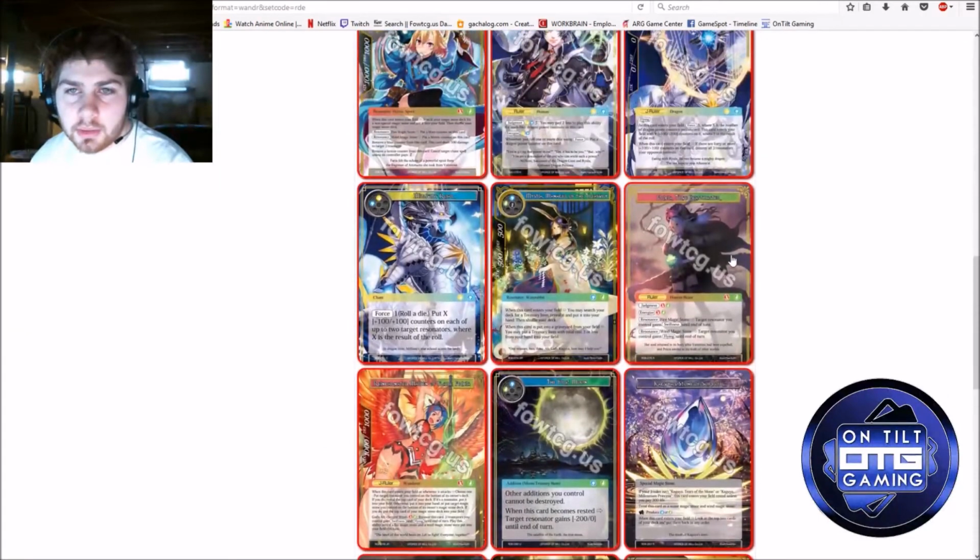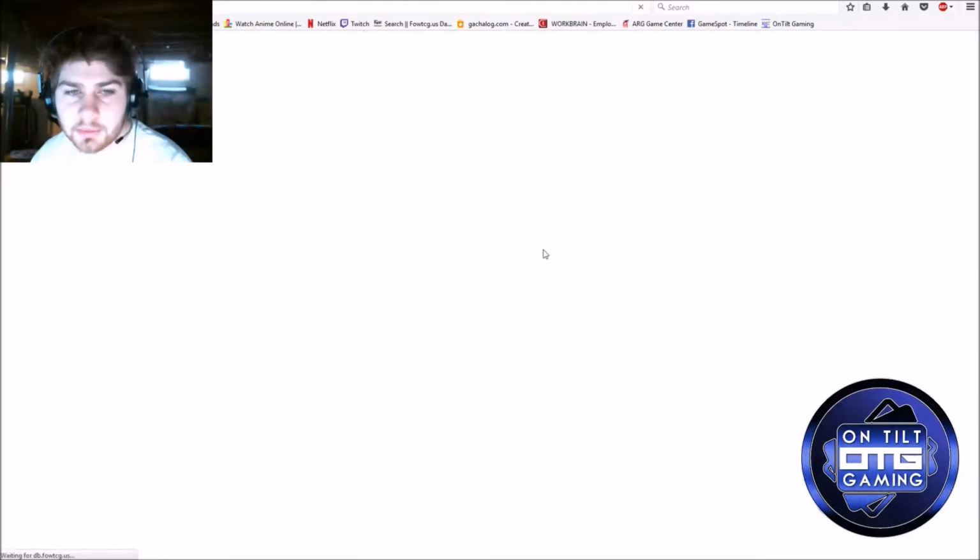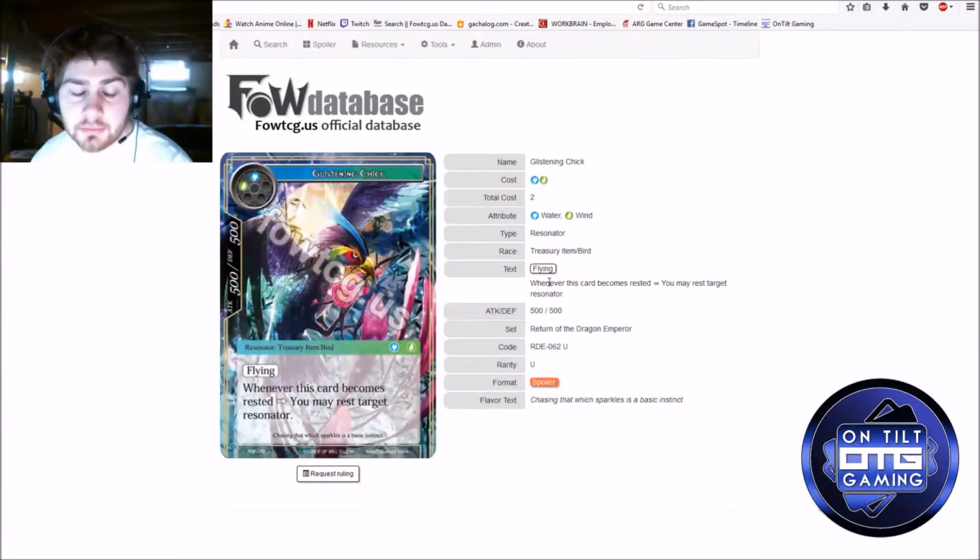Then there's the bird. So whenever he becomes rested, you rest a target Resonator, which is actually pretty decent for not dying, because when he blocks or attacks, he gets to rest something. It's kind of like attacking with Lumia in the current format, where you get to flicker one of their blockers so he can't do it, and this gets to do the same thing. So not an awful target to throw your treasure items onto,